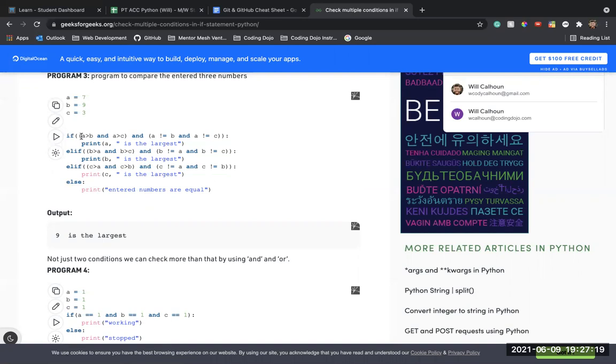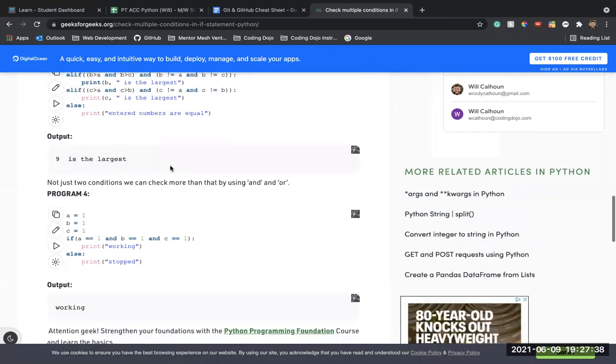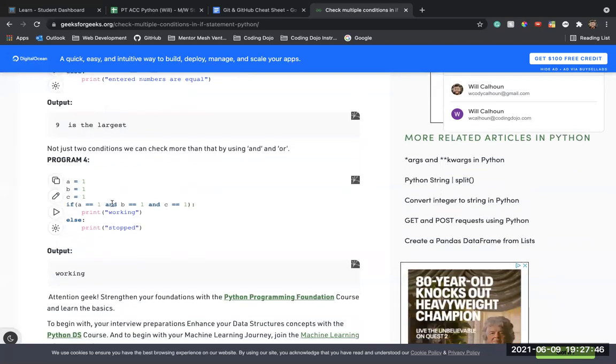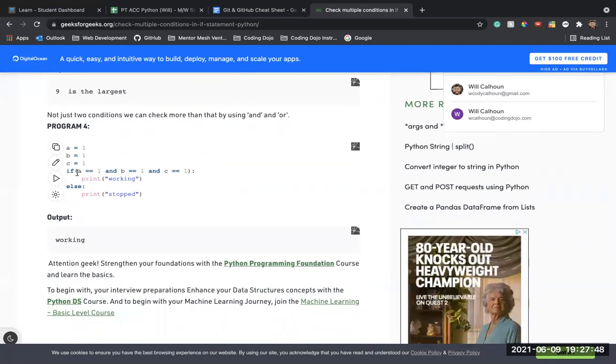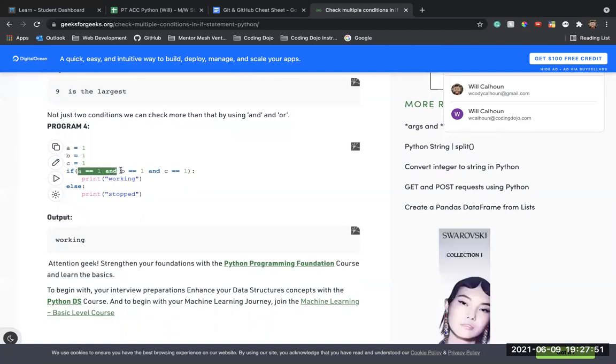The way you want to do it is you say if blank and blank in parentheses and blank and blank. So you can have a bunch. You just have to combine 2 different conditions with an and in parentheses, and then you can add more. And or would be the same thing. Actually, you don't even have to. You just do if, and you can add them all together in one parentheses. You're good to go.